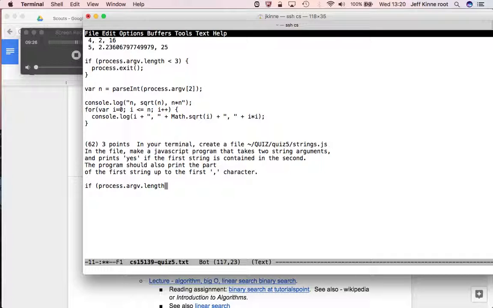Okay, so for this one, we want to have at least 4 things, so there's 2 arguments. We'd have a console.log in there. Otherwise, we have 2 strings, var s1 = process.argv[2], var s2 = process.argv[3]. Okay, so we want to have, there's 2 different things, so if the first string is contained in the second string, so if s2.indexOf(s1) is greater than or equal to 0, that means s1 is inside of s2. Then we want to print